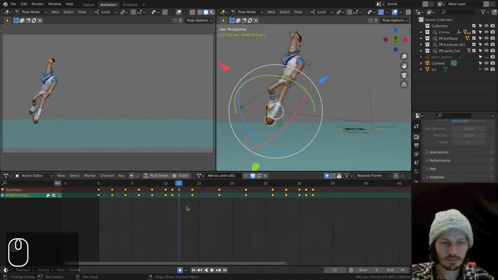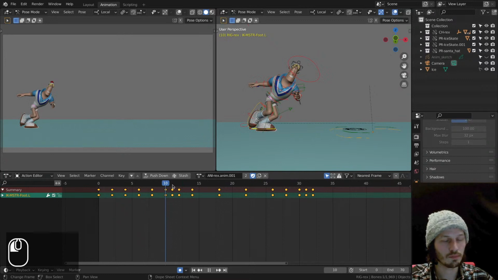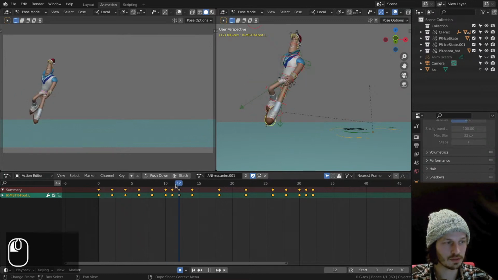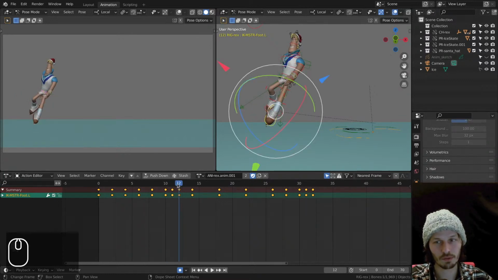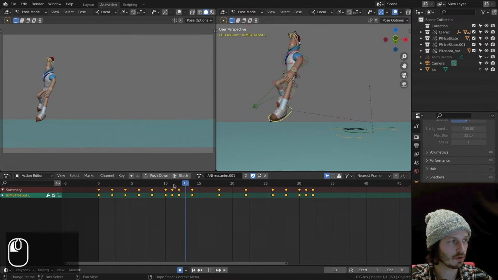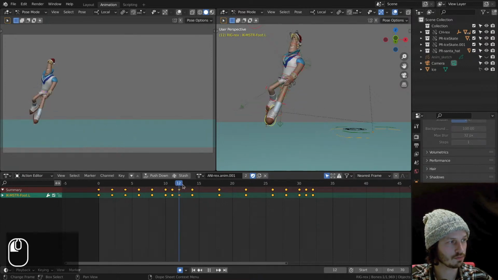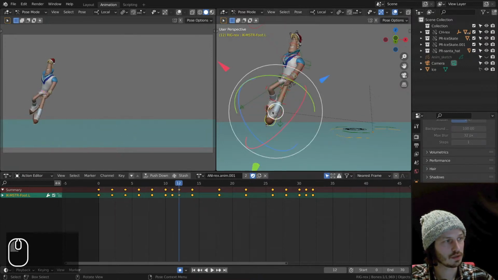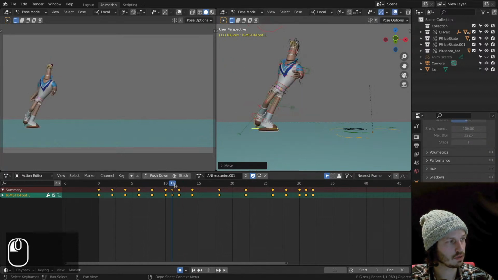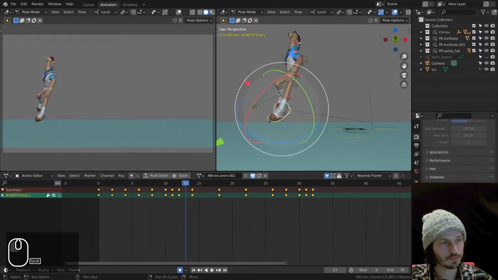And for these kinds of motions, I rarely go into the graph editor and try to manipulate the curves. I am one of those dirty animators that just muscle through and key whatever I want. I want to force this stuff to be how I want it instead of trying to